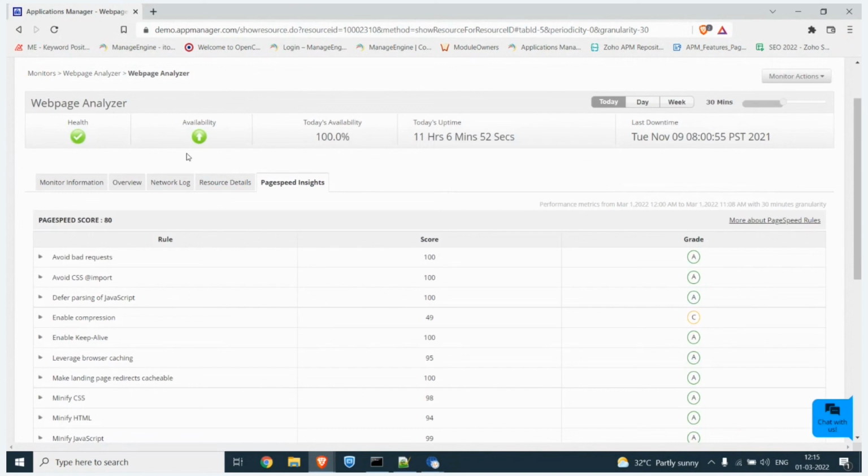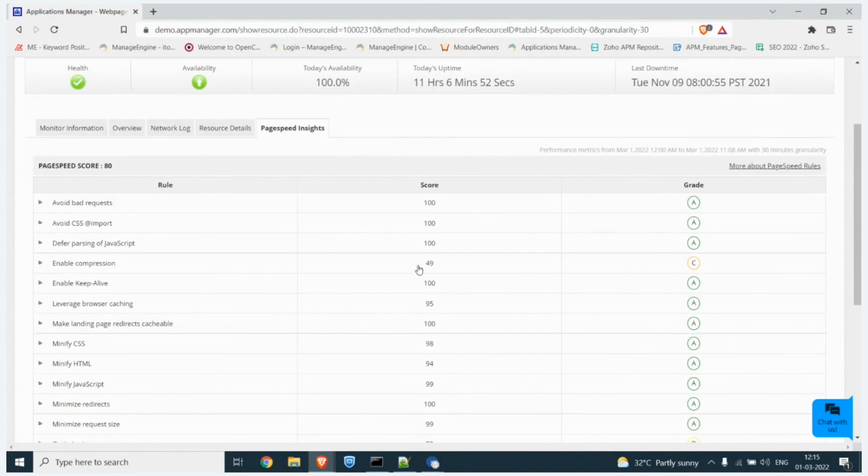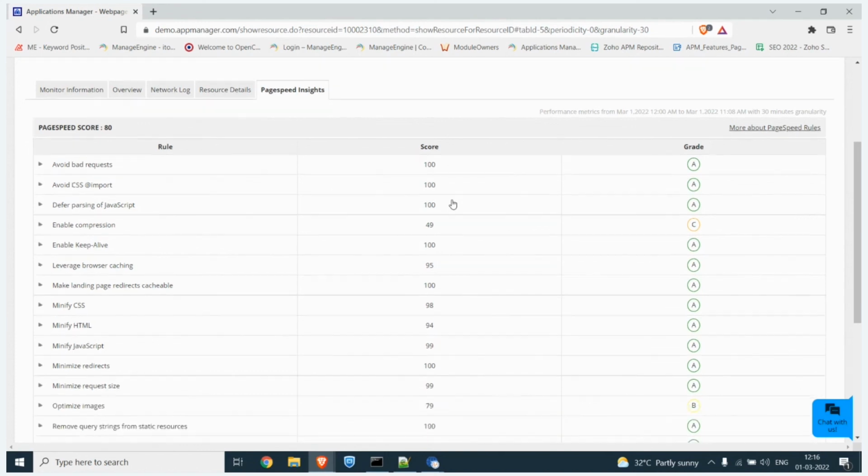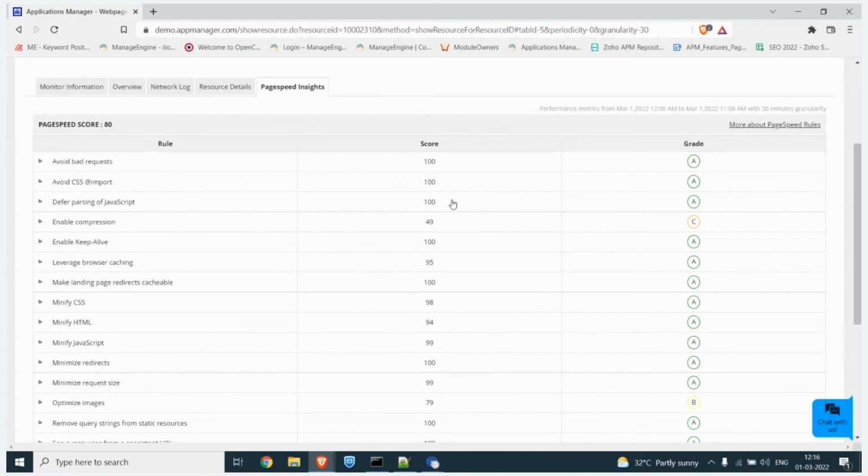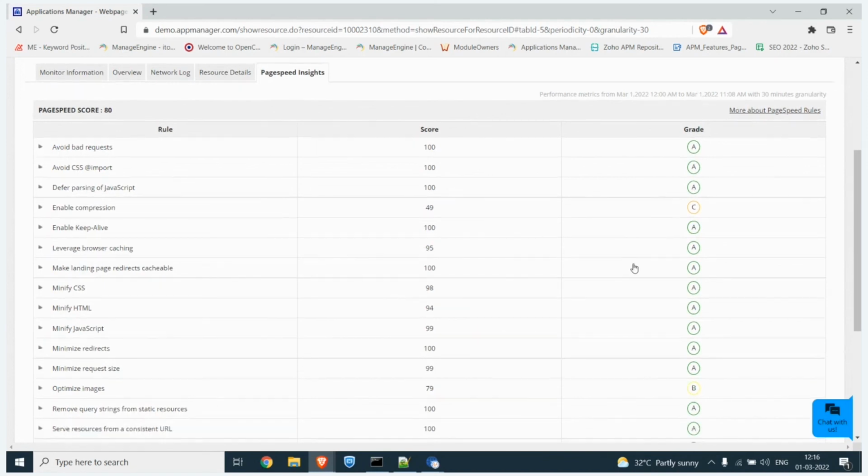Like I said, it helps you understand where you can optimize your page. So page speed score for an entire web page and for individual components of the page is given here. They have grades as well. These grades can vary from A to D, and the score can vary between 1 and 100, where 100 is considered a perfect score, and a score of 90 or above is considered good, and a score between 50 to 90 indicates that the page needs improvement, and a score below 50 indicates that the page is poor. So for scores below 100, you can get suggestions to improve and optimize page performance.